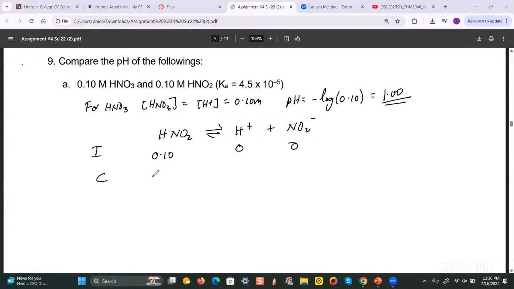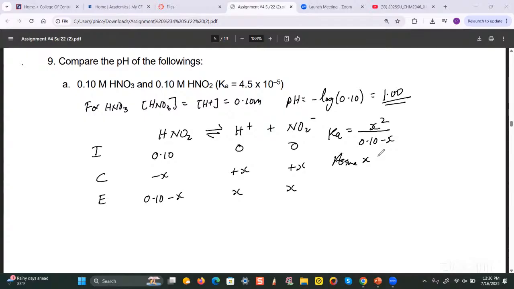The change here would be minus X, plus X, plus X, all right? And then at equilibrium, you're gonna have 0.10 minus X, here you're gonna have X, here you're gonna have X. What next? Ka would be equal to X squared over 0.10 minus X, all right? What next? You assume that